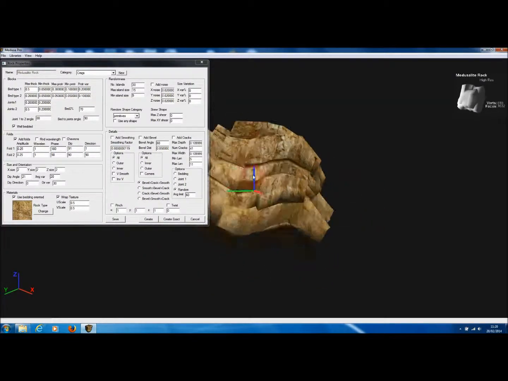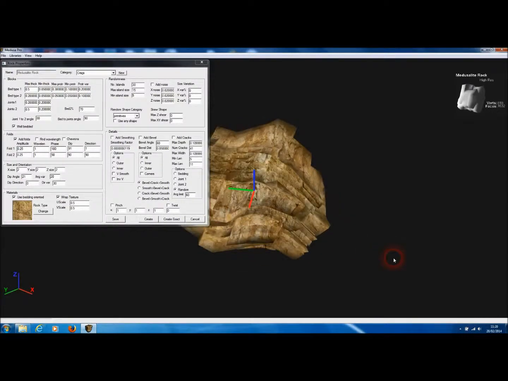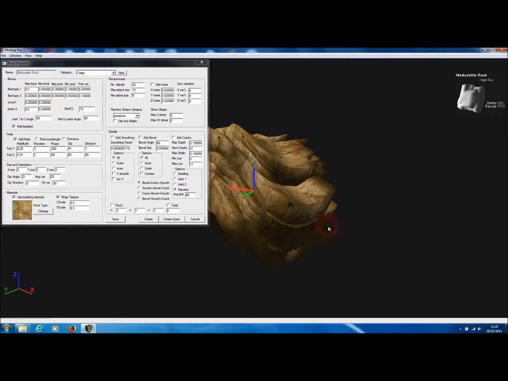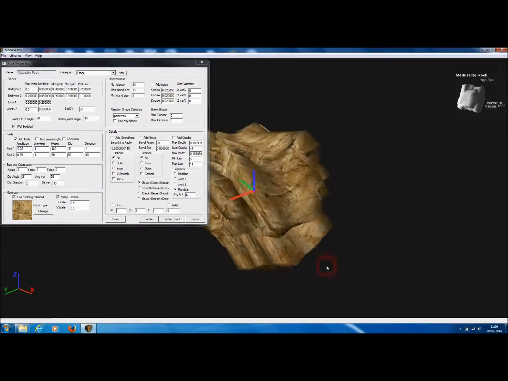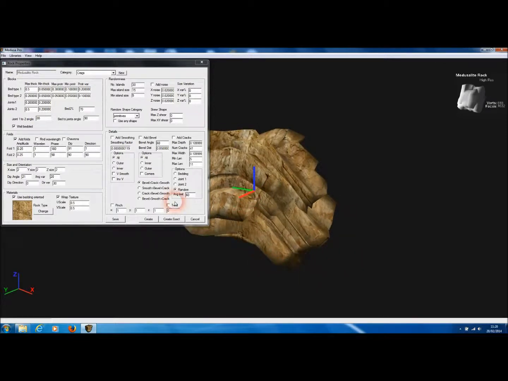And you can see that we've got one fold that's running in this direction, and then a second fold, a bowl-shaped fold that is running across the rock model in the opposite direction. So folding allows us to generate some really quite impressive models. Let's get rid of that second fold for a second and investigate random wavelength. A random wavelength will choose a random length of our fold